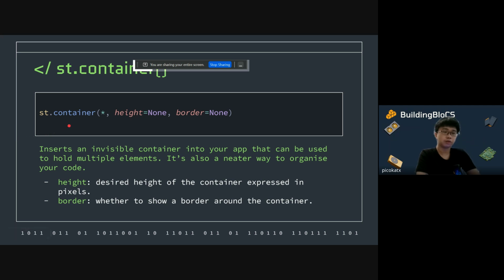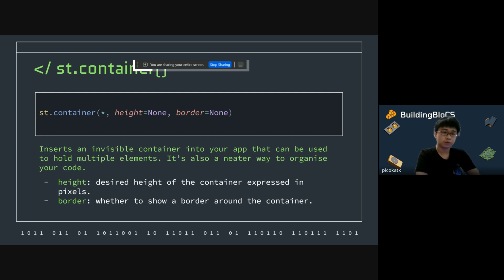Next, I'll cover the most basic container Streamlit has to offer, which, rather confusingly, is also named the Streamlit container. In my experience, it is the layout that you may end up spamming all over your Streamlit application if left unchecked. It is a generic box in which you may dump any and all of your data displays as you wish. You will use Streamlit Container for the following reasons. Often, you may find Streamlit Container useful for grouping data displays and widgets with a common purpose together. It is